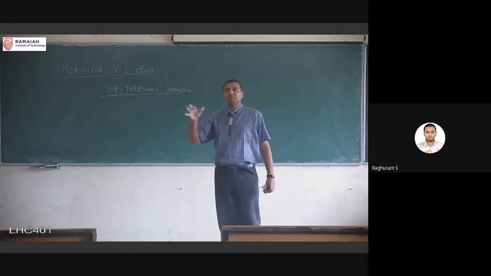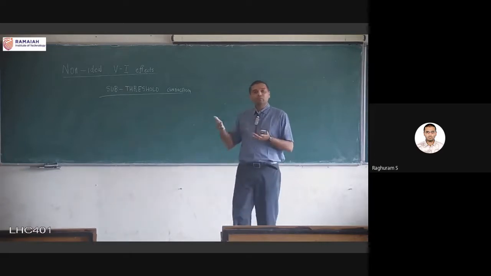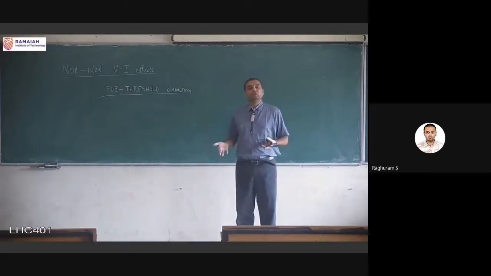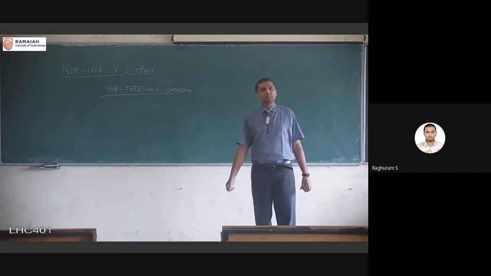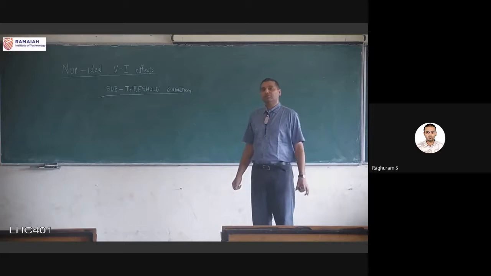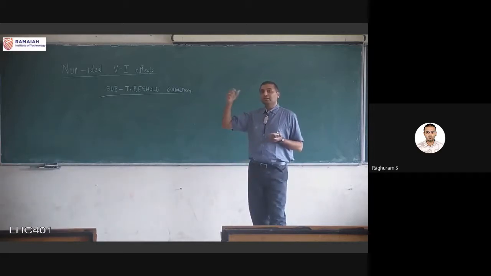The problem with these currents is they're always flowing. Even when I am at 0.1 or 0.2, the current is going to flow, and that is why we have a separate term for that. It is an important term called sub-threshold current, and this is very important also because in the real situation,